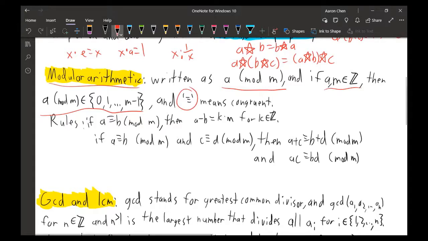So, some of the basic rules of modular arithmetic. This first rule is more of a definition than a rule. If A is congruent to B mod M, then A minus B is equal to K times M for some integer K. So basically, another way we can think of modular arithmetic